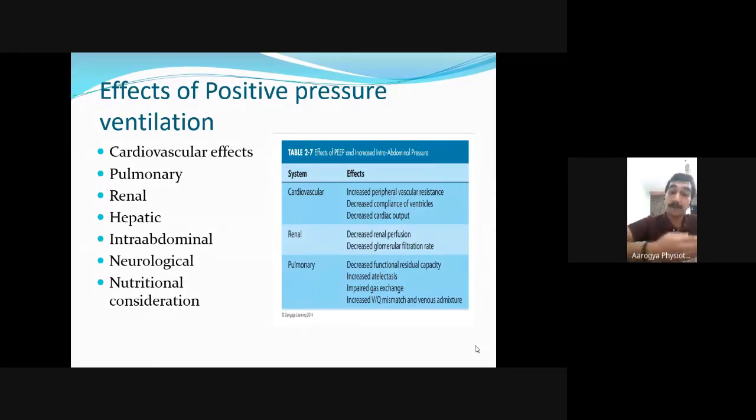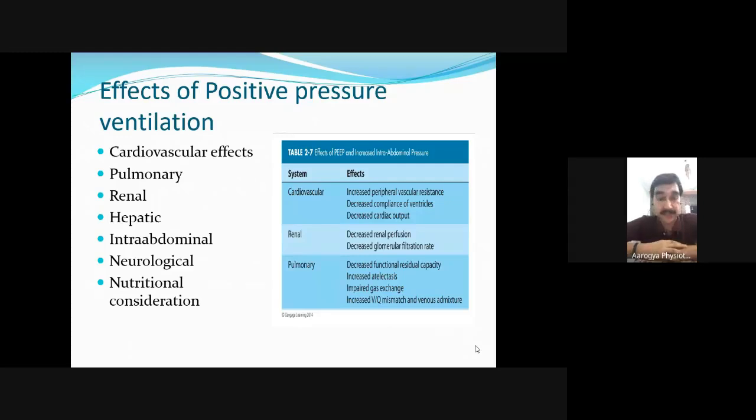So there is hypoperfusion to the organs of the body just because there is reduction in cardiac output because of positive pressure ventilation. So at times you see patients on positive inotropes or peripheral vasopressors. They are just to maintain their vitals. And even the comorbidities add on to these effects of reducing cardiac output. So you need to monitor the patient in terms of vitals also when you are assessing and treating a patient.